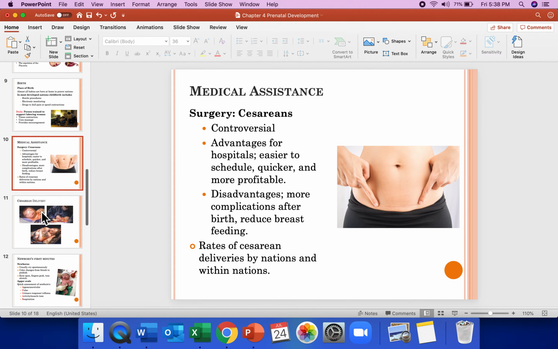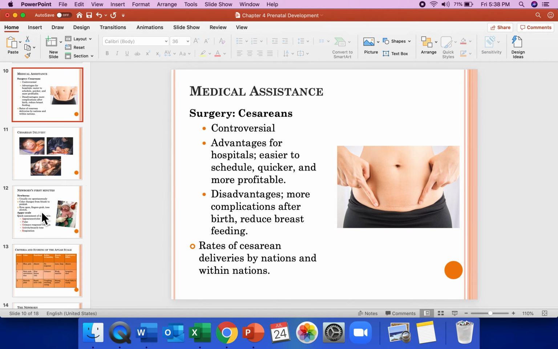However, some complications can happen leading to what is called a cesarean section. And of course, this means that the female will be, or the baby will be surgically removed from the uterus. And the reason why it's controversial is because of the incidence. A lot of countries report higher incidence of cesarean, sometimes leading us to believe that there's an ethical issue there, that it might not be recommended because of what's best for the mom, but rather what's best for the doctor or the hospital.